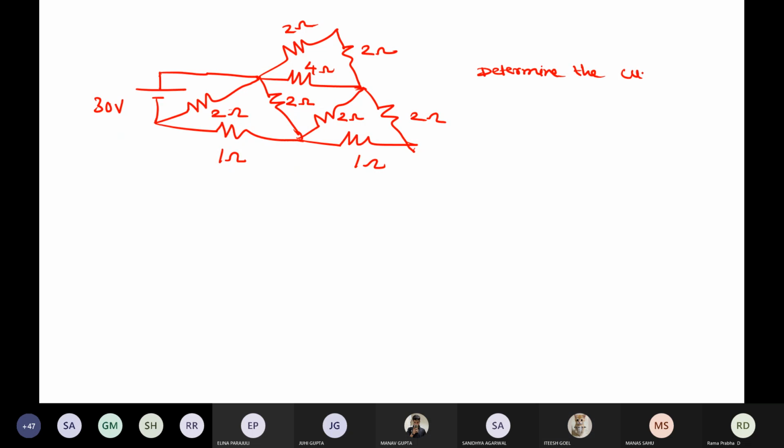Ma'am, can you make the last 2 ohm, the right corner, 1 ohm? You want it to be easier to solve? No problem, if you want, you can do it. I want only the ultimate answer. So this is the problem given. I even solved it and got the answer also. If you want, you can take that and solve it. No issues. I want you only to solve and see this type of problem.